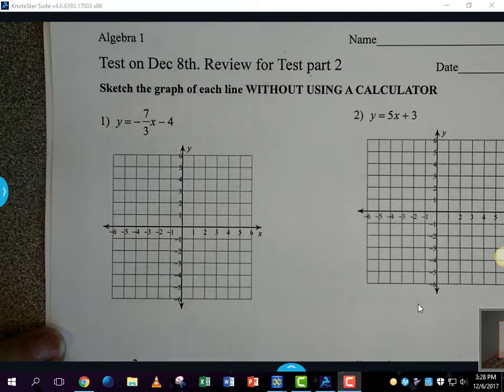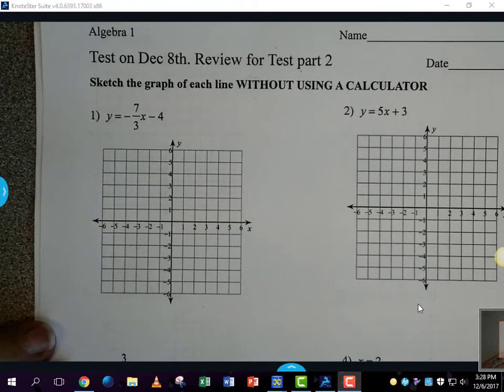Okay, when you're doing the test, the first part of the test you will not be able to use a graphing calculator for. You will have to be able to graph it by pencil and paper. You may use a table if you want, but you may not use the calculator to make the table. So if all else fails and you don't remember how to do it, you can always fall back on making